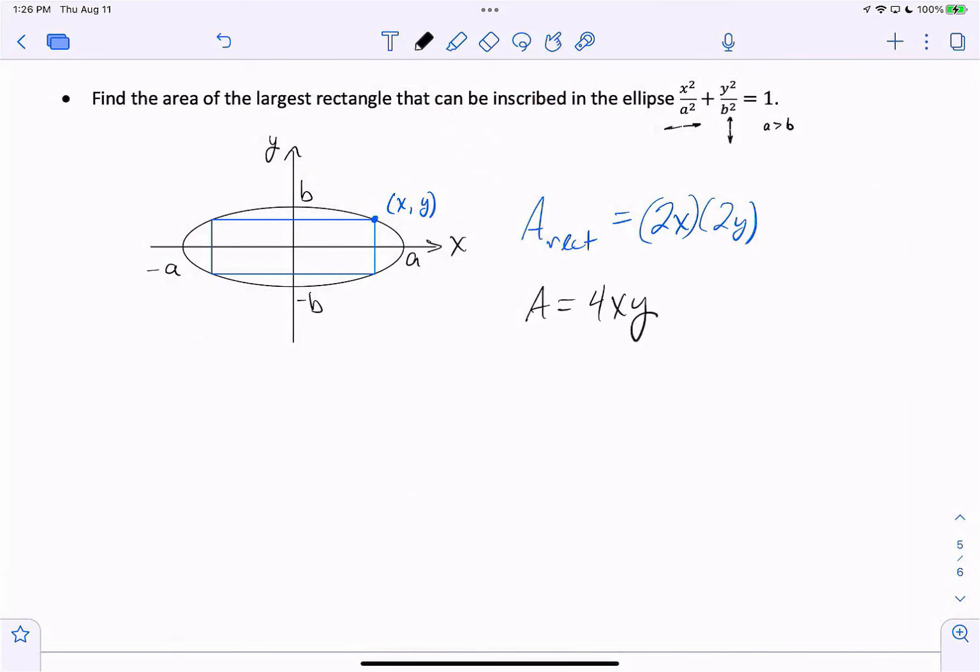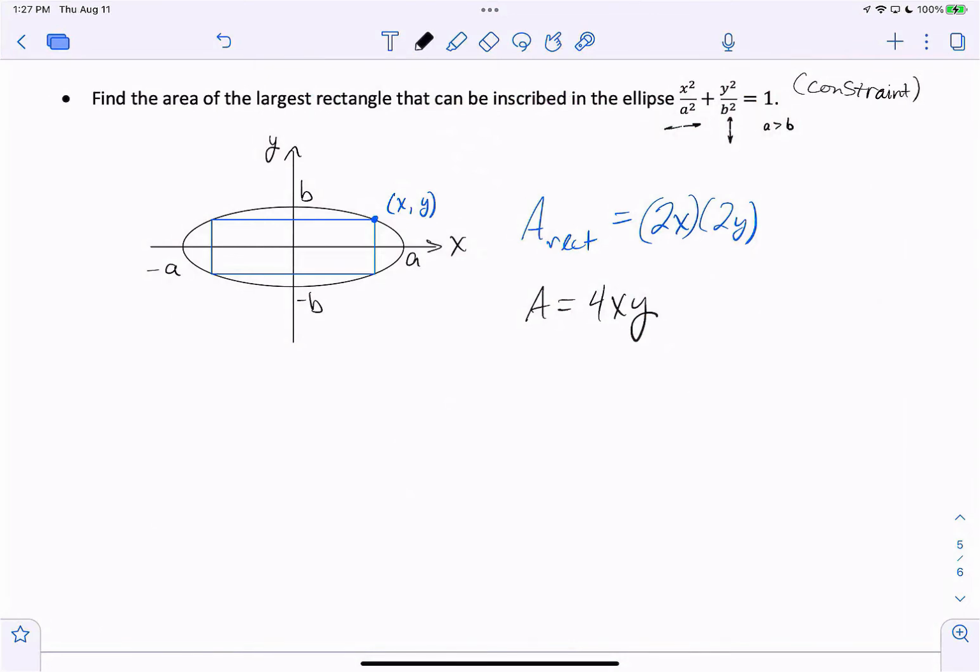If you've been paying attention, then you'll know this is too many variables. I need to trade out either x or y. And we have this constraint here. Once again, a constraint is an equation that connects x and y. Everything's pretty much symmetric in terms of x and y, so it doesn't matter if we solve for x or solve for y. So I'm going to go ahead and solve for y